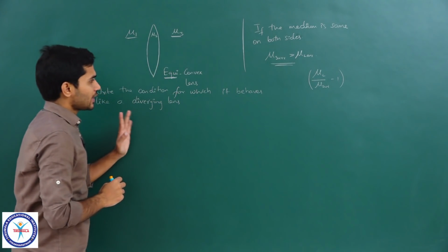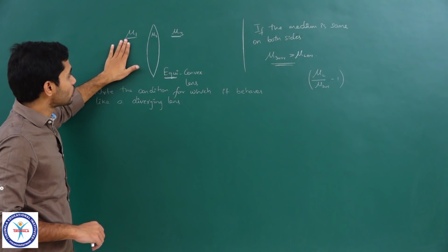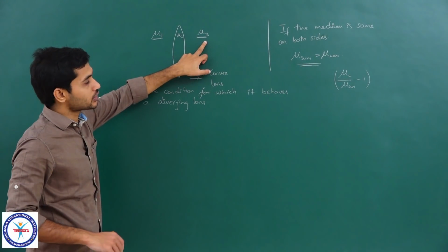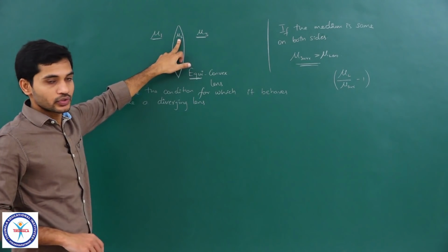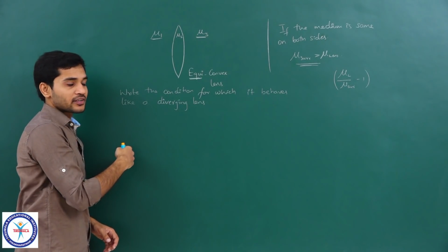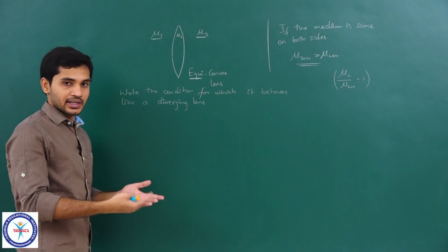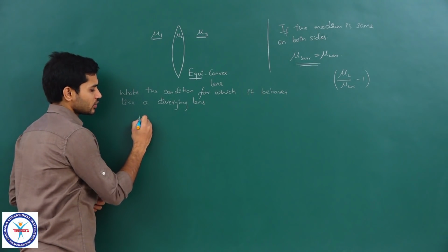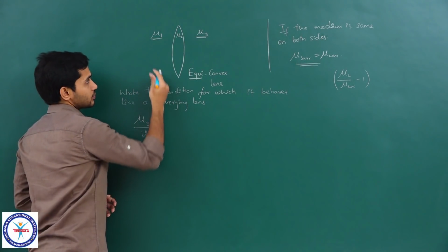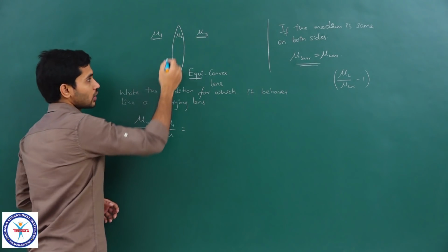Okay. Now, let us come back to this. In this case, we have to write the condition. They have given mu 1 on this side and mu 2 on this side, correct, sorry, mu 3 on this side, and the lens has mu 2. We know that whenever we have two interfaces with different media, we should be writing the general expression, meaning this one: mu final by V minus mu initial by U is equal to, now write for each interface.